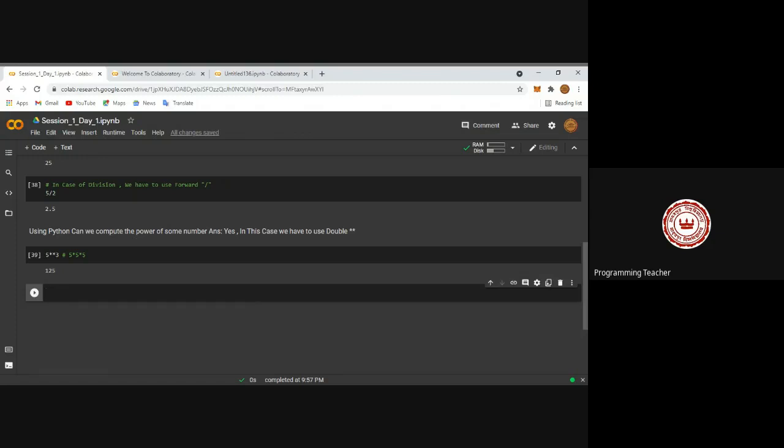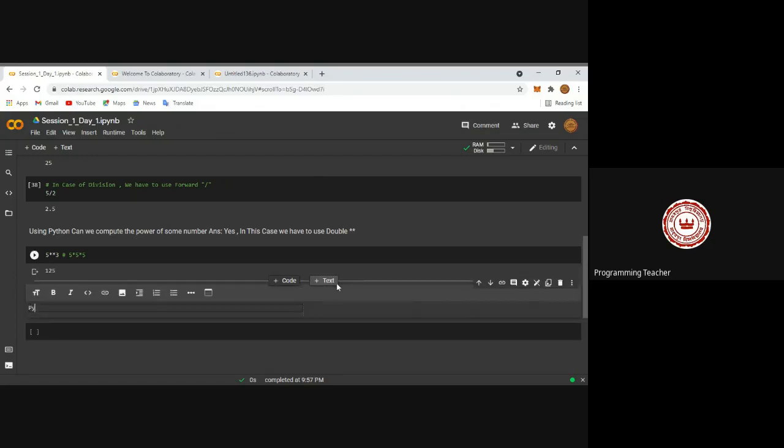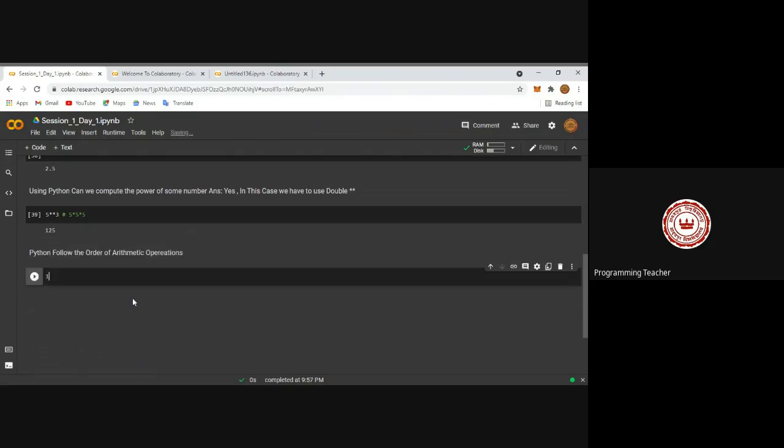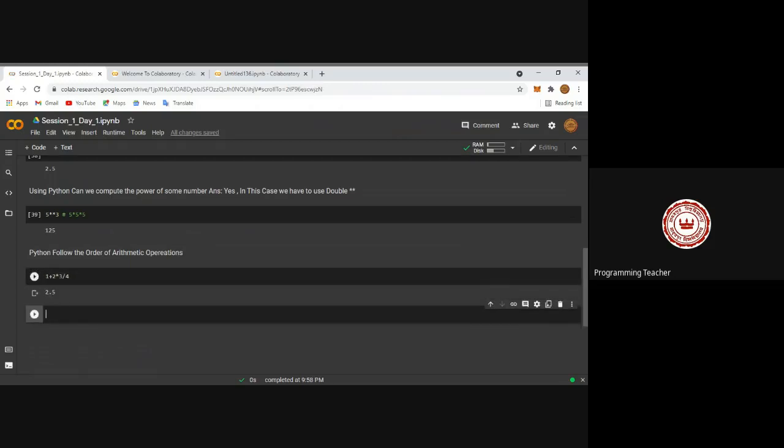Now, Python follows the order of arithmetic operations. Give some example. Python follows the order of arithmetic operations. Example. How to execute this? Like 1 plus 2 star 3 by 4. Then this is a part of the arithmetic equation.